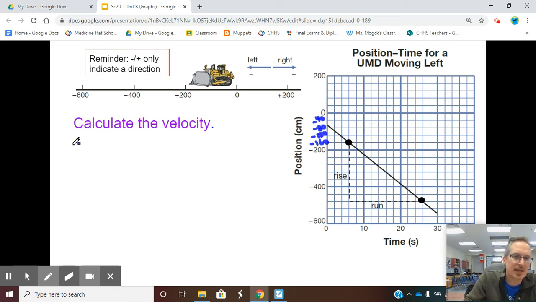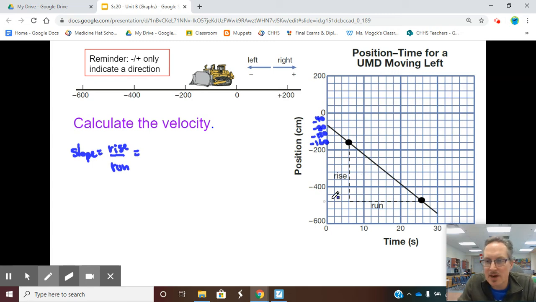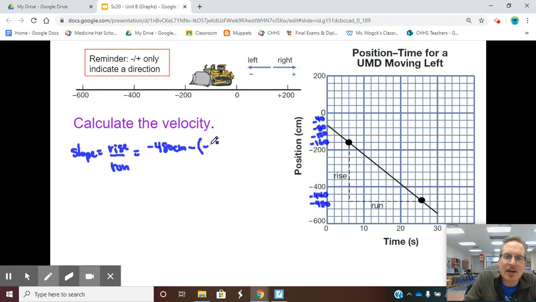In order for us to calculate velocity, again, we're trying to find slope. They are equal to each other. So we're doing rise over run. My rise is, well, this time I'm going down. So my second one is actually this guy here. So this was 400, and we said it's by 40, so this is 440, this is minus 480. So we're going to have minus 480 centimeters minus, because we're always subtracting, minus a negative 160 centimeters